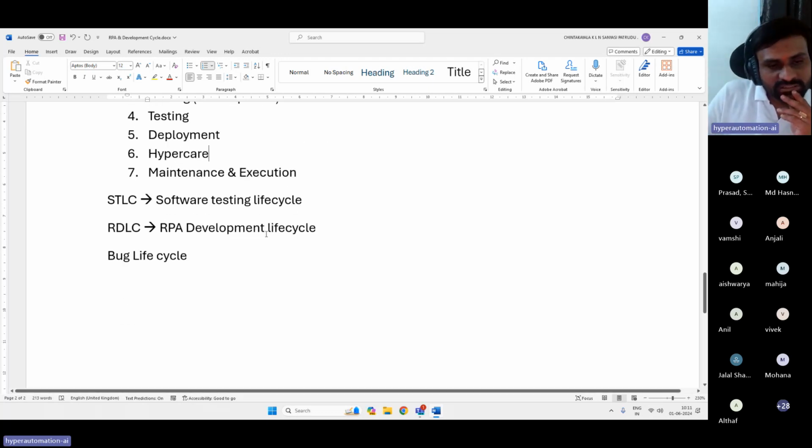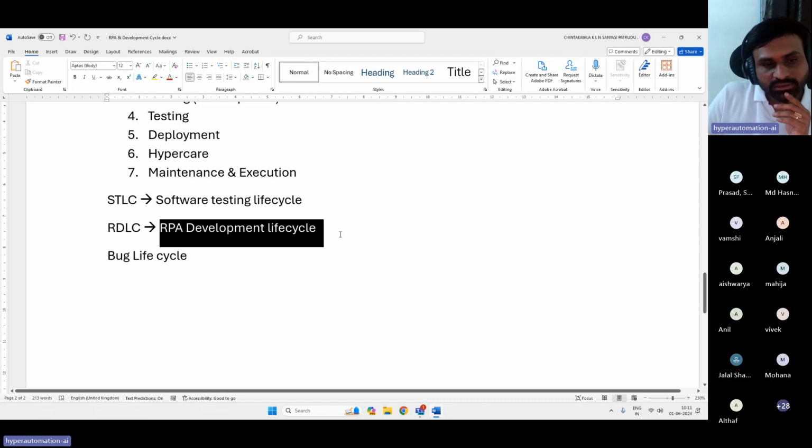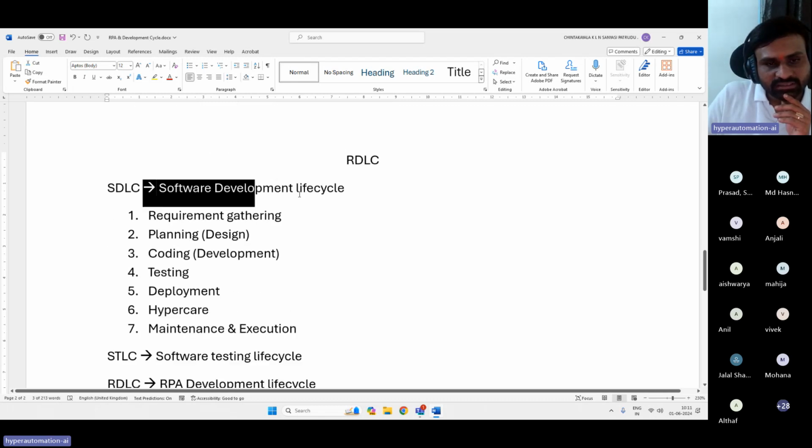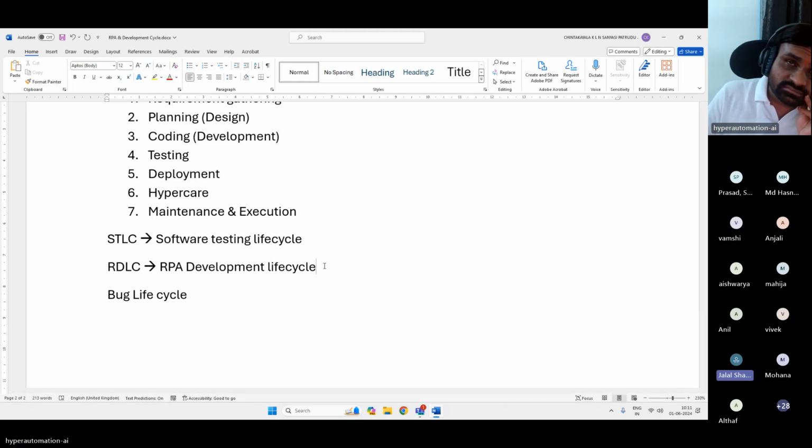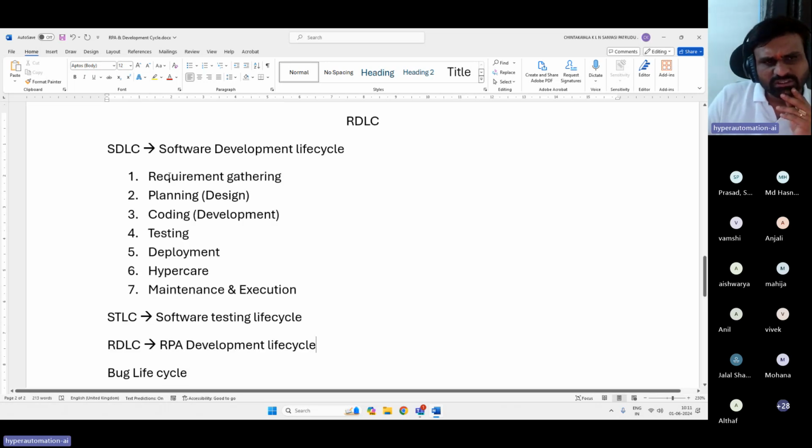So do we need to have a separate name? RPA development lifecycle, can't we simply consider it to be the software development lifecycle itself? It's software, and RPA is process automation, so it requires support and development and all. Both are the same, right? Even here also development. Here also we do development.